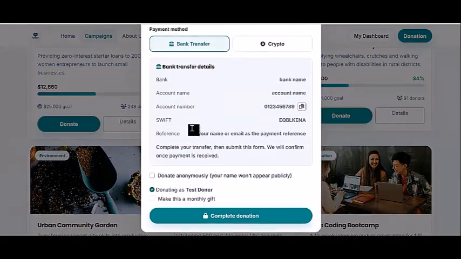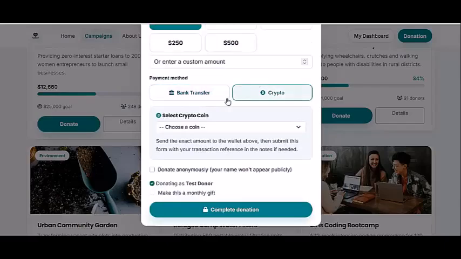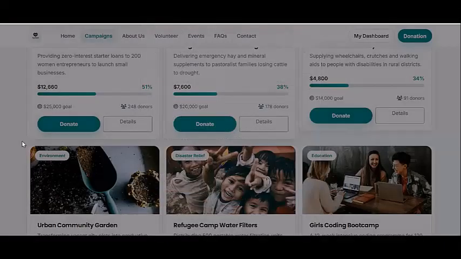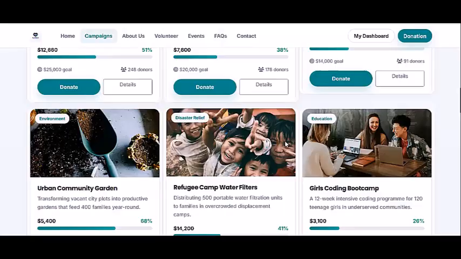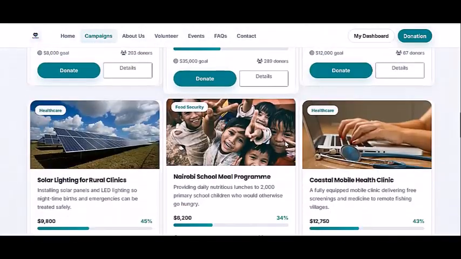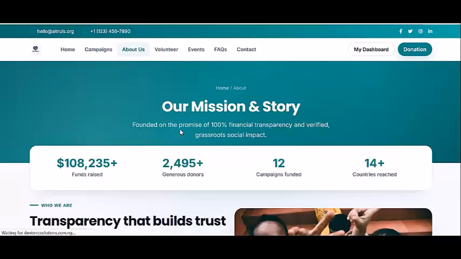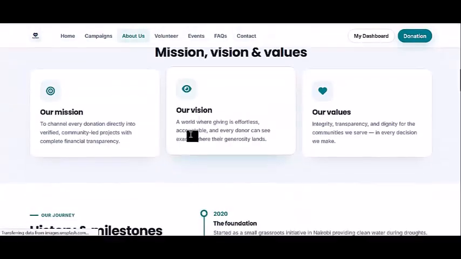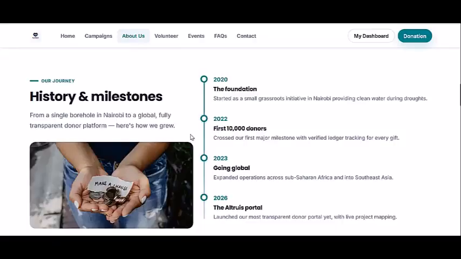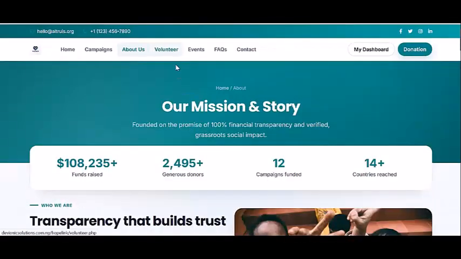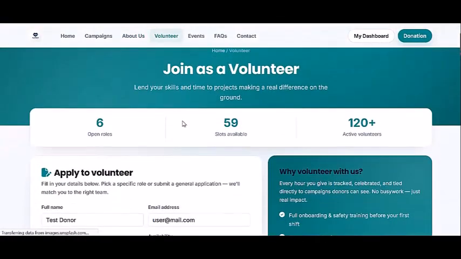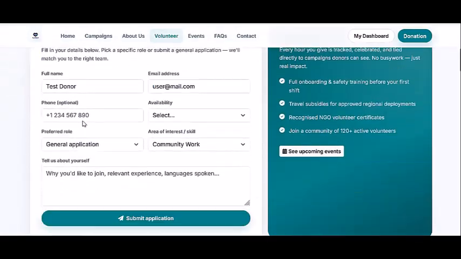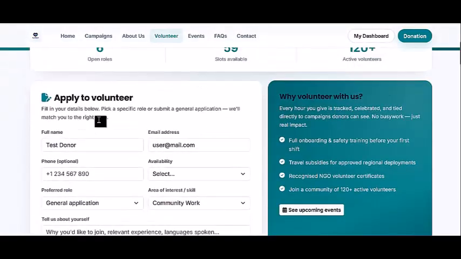If you want to donate, you can either donate with bank transfer or cryptocurrency. I will show you how you can set all that. You can donate anonymously, or you can donate with your real details. We also have an about us page talking about the platform, and everything is about donation. We have vacancies, so admin can create a vacancy, and people can apply for any